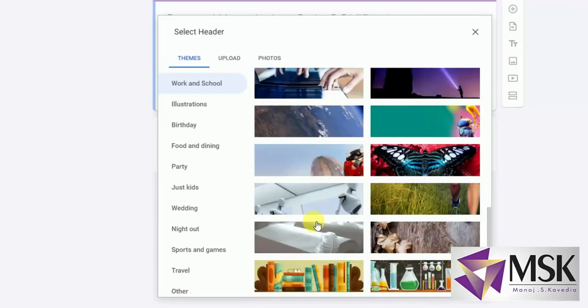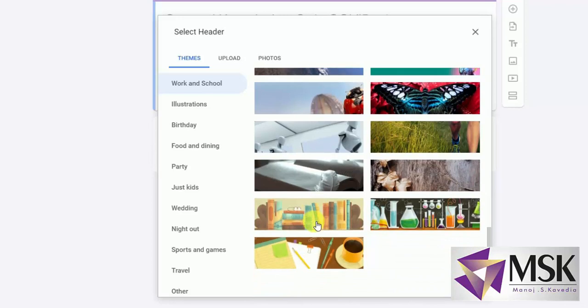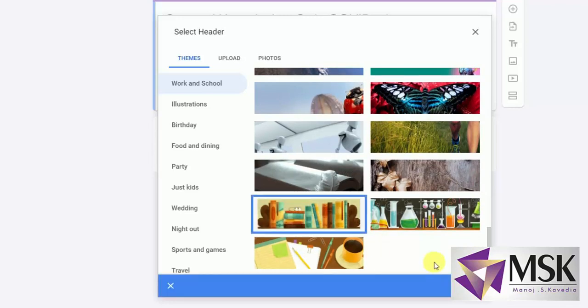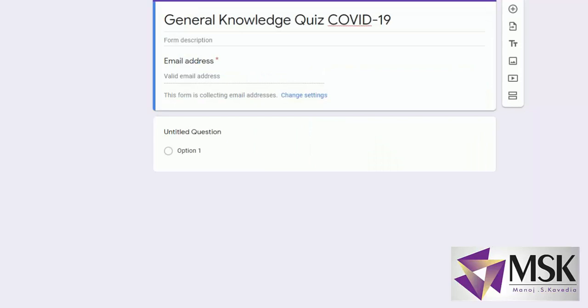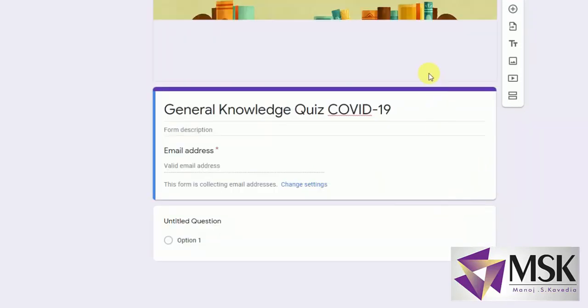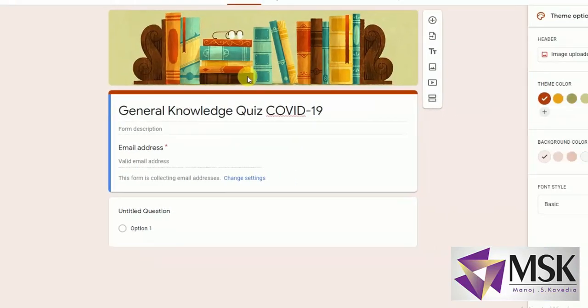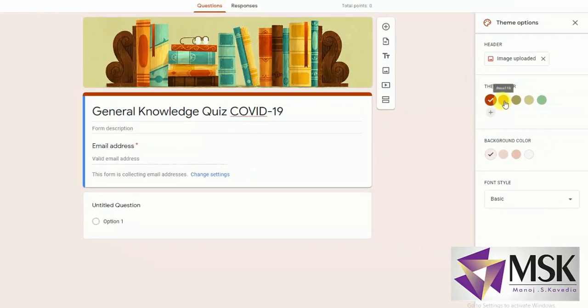Okay, fine, I'm getting something like books here. So I'll say insert. So the image is uploaded here. Now if I want to change the theme, I can change the theme colors by clicking on this. I'm keeping the default one, and I can even change the fonts from here. I'm keeping the basic font only.